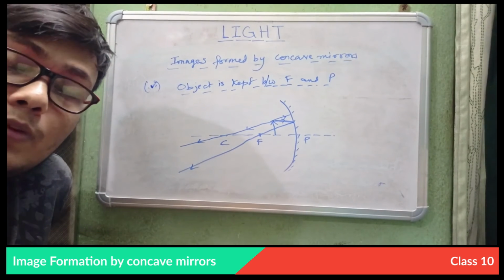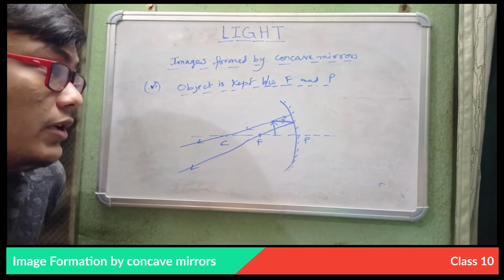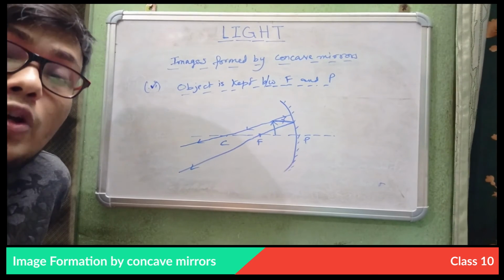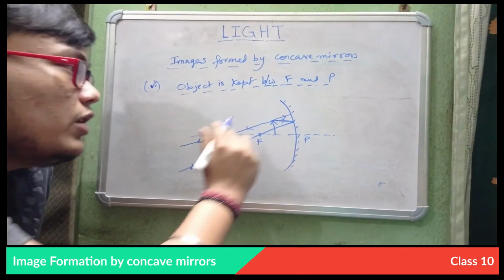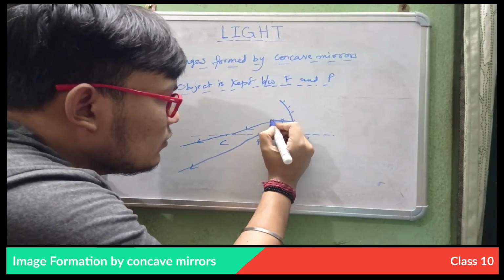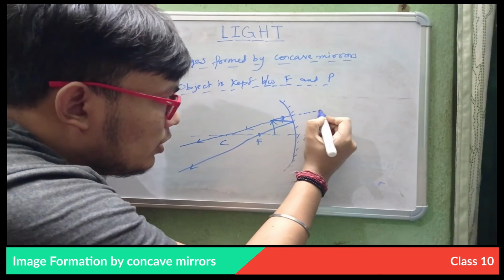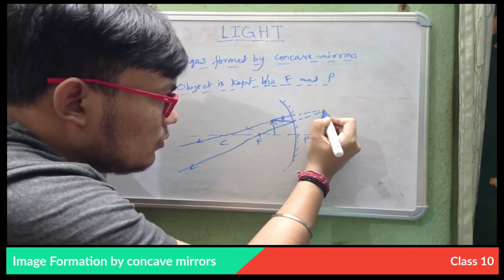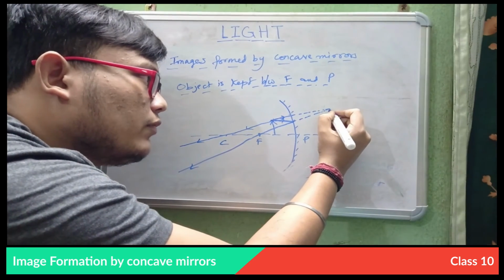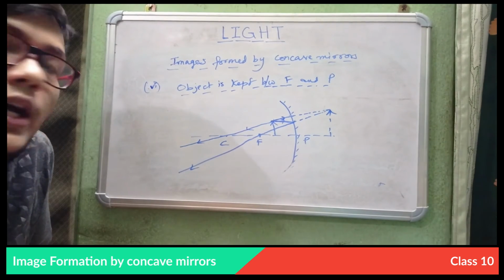And I had mentioned in my first video, when I discussed images formed by plane mirrors, that if the two rays are diverging, the nature of the image formed will always be virtual, right? So if I retrace the path of these two rays backwards beyond the mirror, the points will join somewhere around here, and we will find an image.